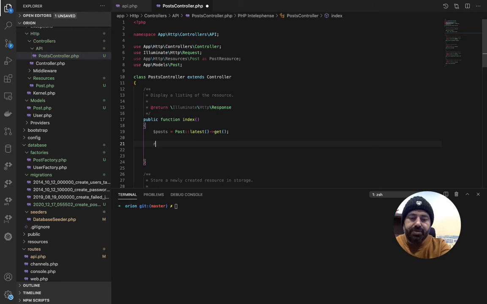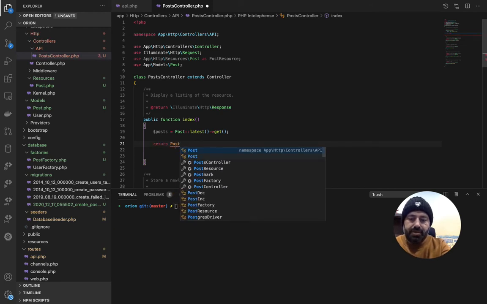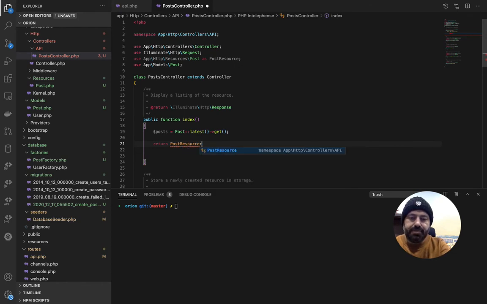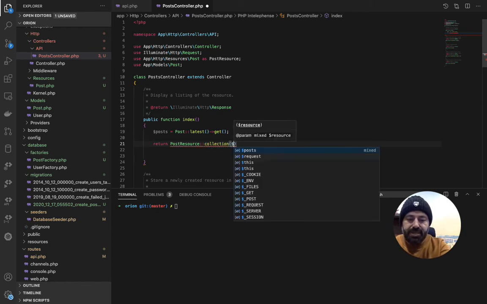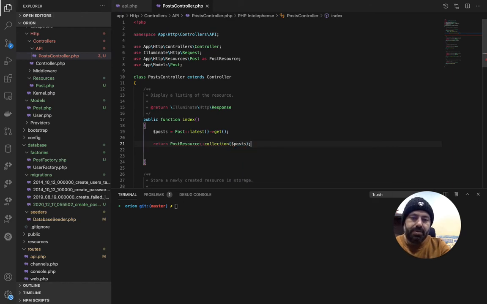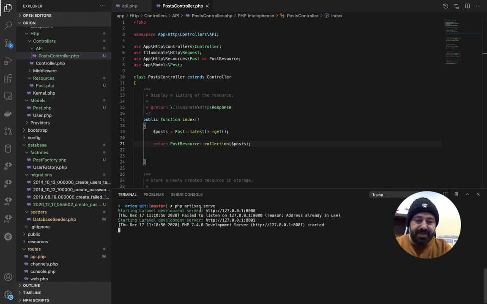Okay, and it's going to be return PostResource::collection, and we are going to pass in the posts. So I know it seems like a bit of a setup, but even with the regular Laravel way of doing things, if we do a php artisan serve now, which probably we should have done earlier to show some of the new developers,